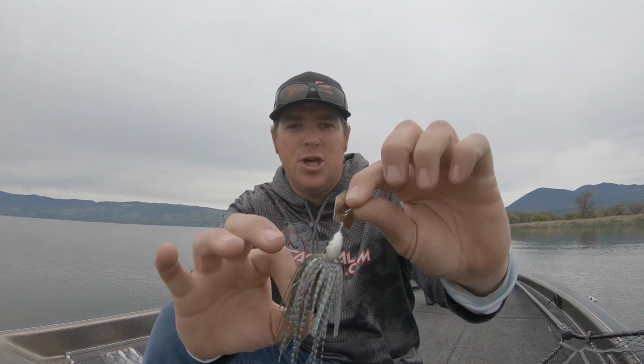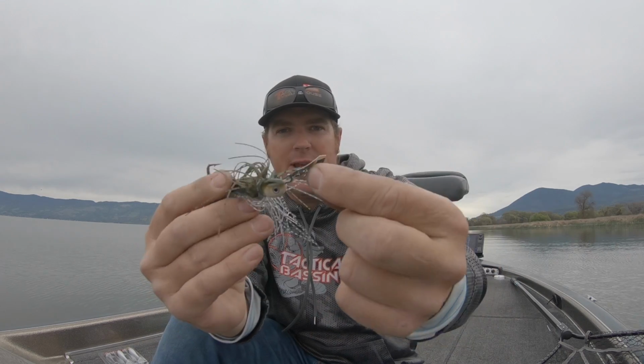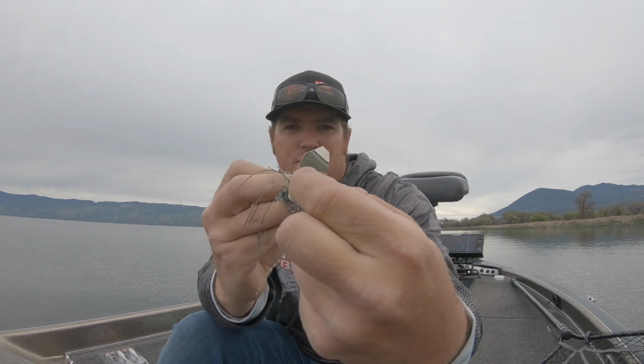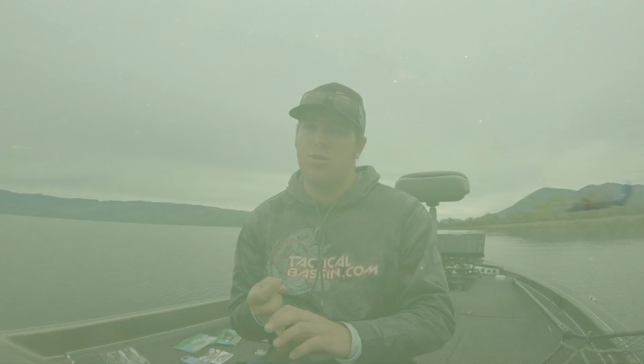Right off, if you're not familiar with what a chatterbait is or a bladed jig, it is literally a jig with a blade out in front, and when you run that thing through the water, that blade kicks left and right, creates an incredible amount of vibration, and gets that jig moving and swaying and puffing back behind, and it's an amazing bait. It's amazing in the springtime, it's amazing in the summertime. You can cover water with it, you catch them in the grass, you catch them in open water, you can